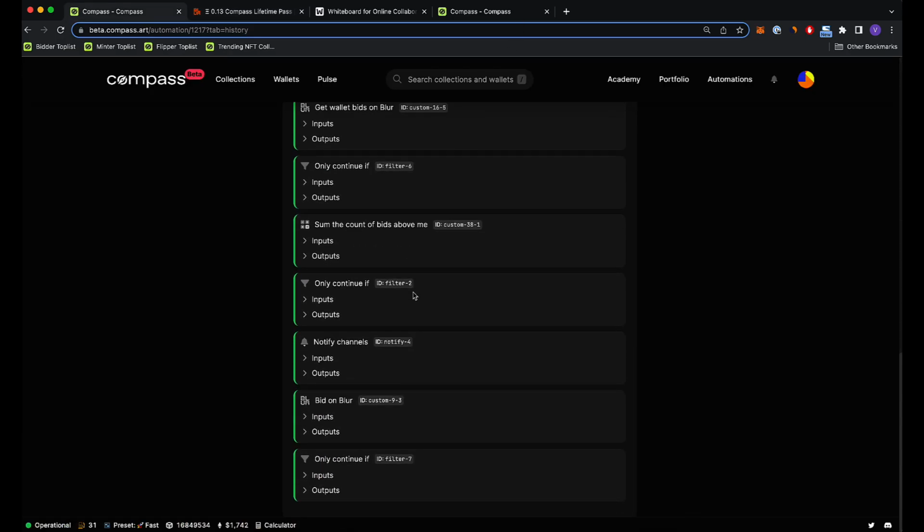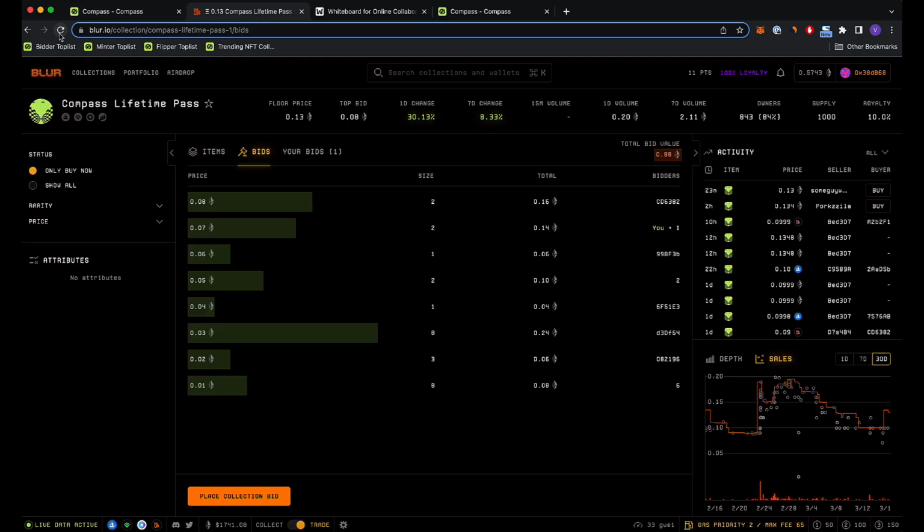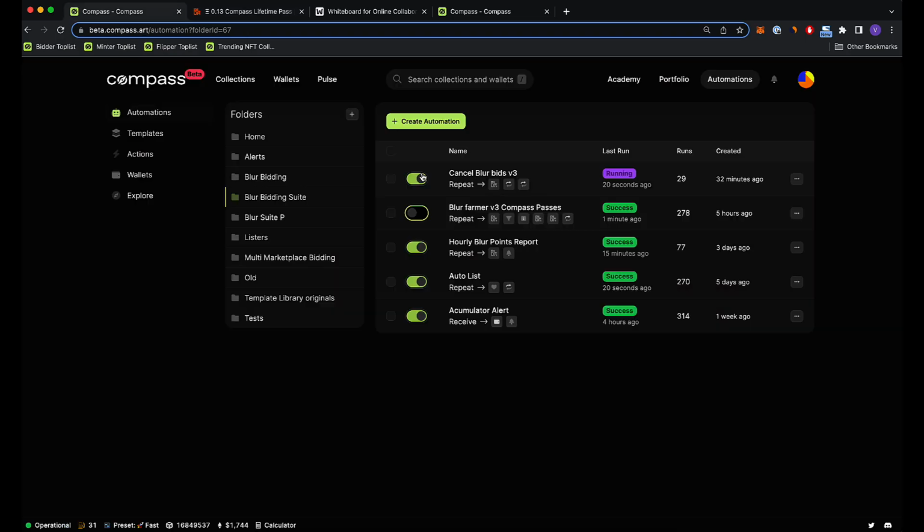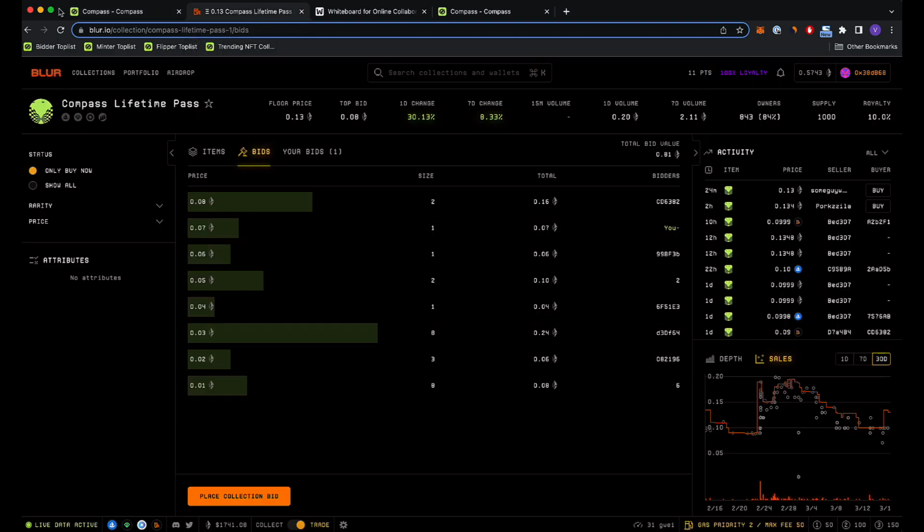Let's have a look what it did. It bid on Blur, so the bid should be in. Blur is maybe a bit slow. There you go. There I am in the second bracket in the right place. So that happened automatically. A bid was in the wrong place because the ceiling thinned out up above me, and it was cancelled and rebid in the correct spot. Good, now let's turn these off